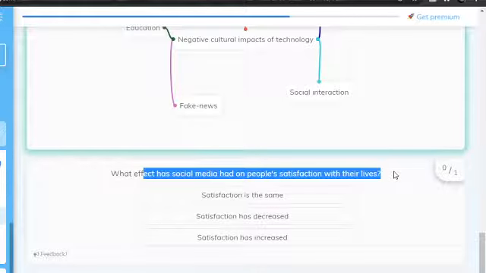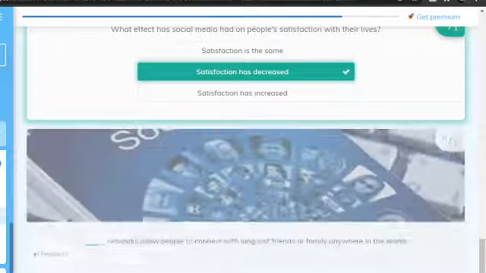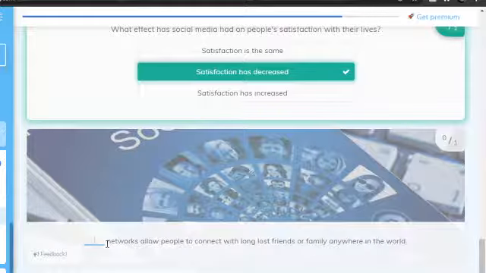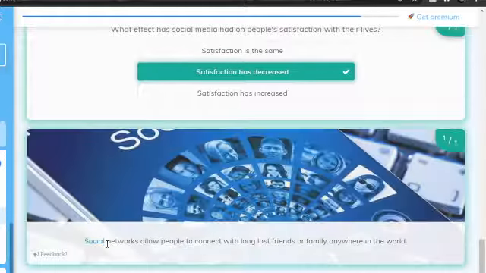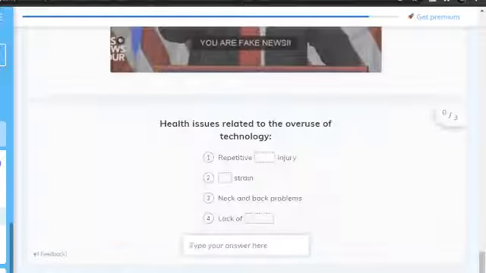What effects has social media had on people's satisfaction? It has decreased, theoretically. Well, social networks allow people to connect with long lost friends or people anywhere around the world, but that is also a way of catching people out. So, repetitive